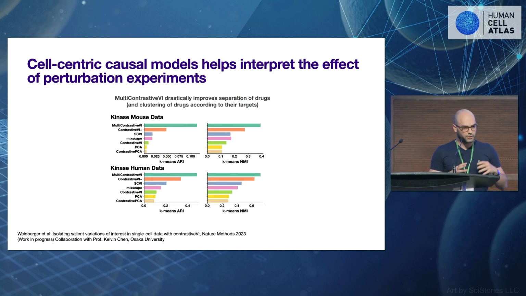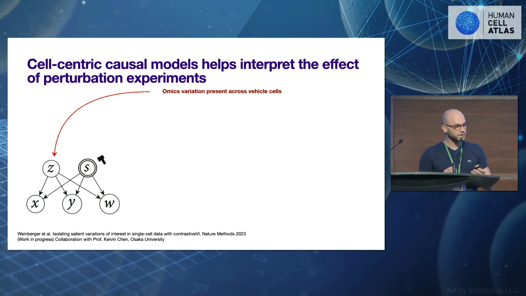First, because we're able to separate these variants, we're able to really tease out the effect of the perturbation. If we just look into the salient space, so this S, we're able to separate drugs much better, and we're also able to cluster drugs by affected pathway much better. But that's a bit of a superficial type of analysis, but it's important. What's more interesting is what kind of biological processes are present in the background, the Z space, and the S space. I can't explain everything because I only have 30 seconds left, but I'm going to basically tell you